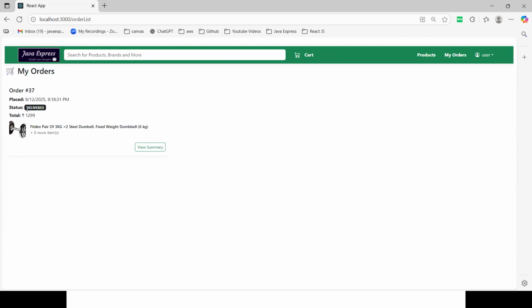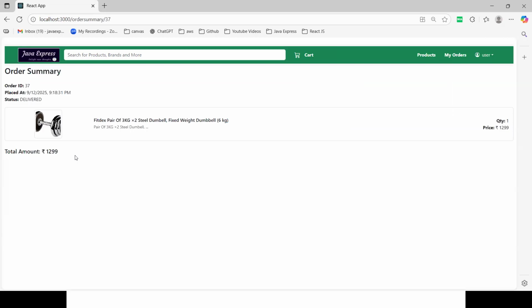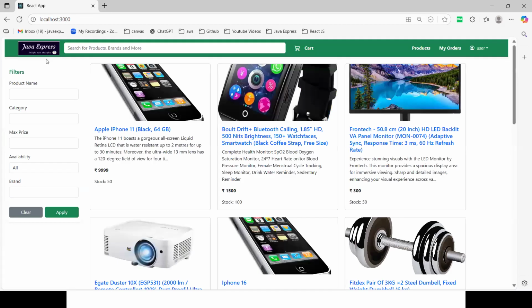Yeah, see here, your status is delivered. Now that particular order is delivered. If you see the complete flow, you will think, okay, only small operations. But in the backend, there are a lot of microservices and multiple API calls. If one service is down, how to handle it, a lot of things we need to take care of here. That's why REST API is very, very important. That is the importance of REST API.